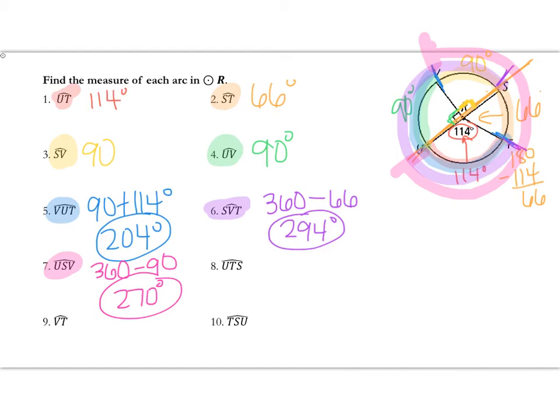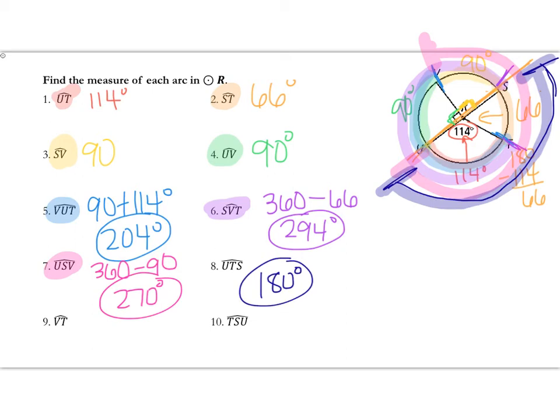Alright, UTS. UTS starts at U, goes to T, stops at S. So it's that darker blue section that I'm looking at right there, this guy right here. That, if you look at, is exactly half of the circle. So I automatically know my answer is 180 degrees. If you wanted to check, you could add the 114 plus the 66. That also is 180 because that's how we found it. So if you take a minute, I'm going to have you try these two, and then I will explain in